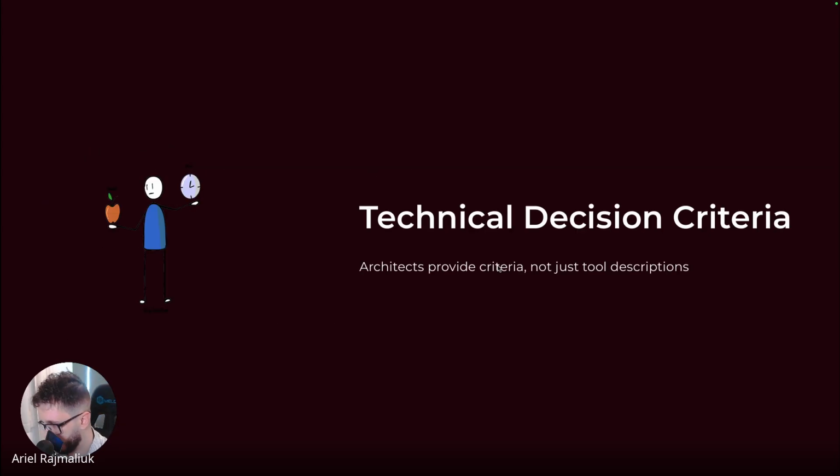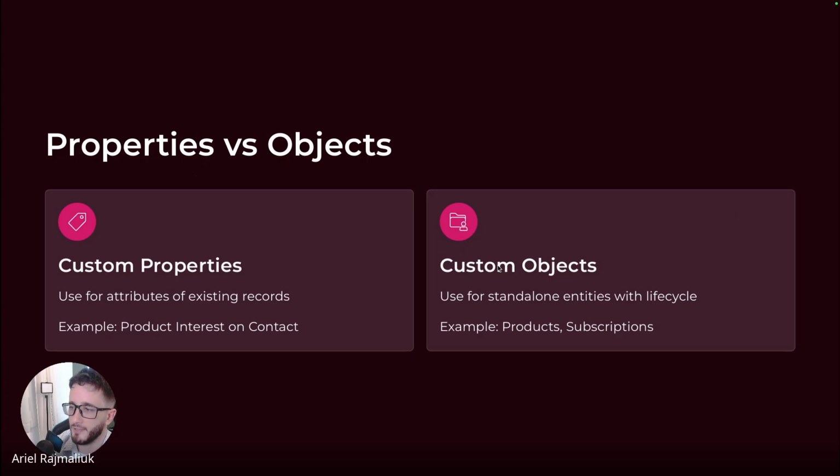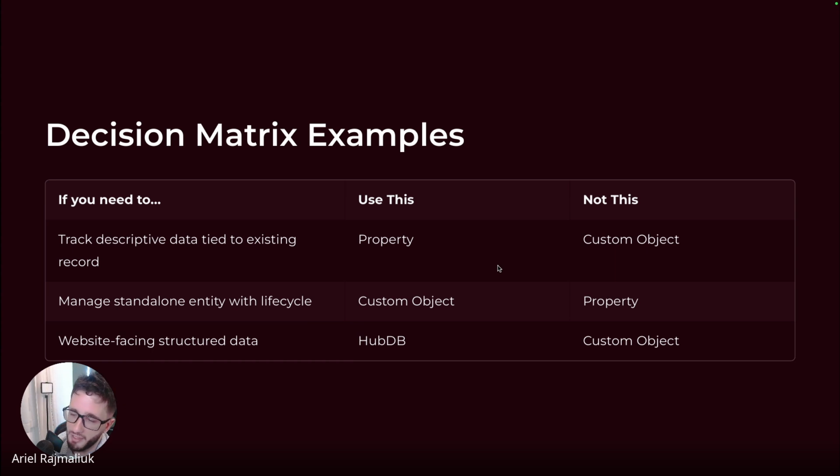Technical decision criteria. Okay. How do you know when to use a custom property and when to use a custom object? Okay. So I did this table here, but